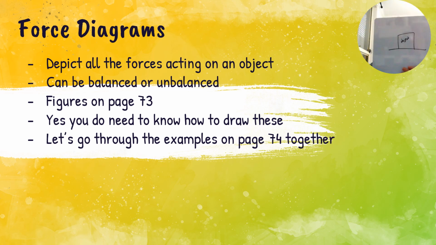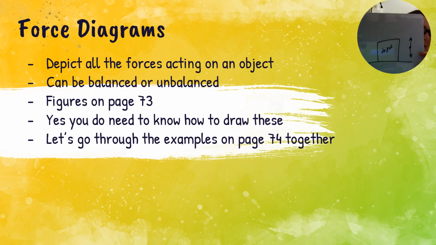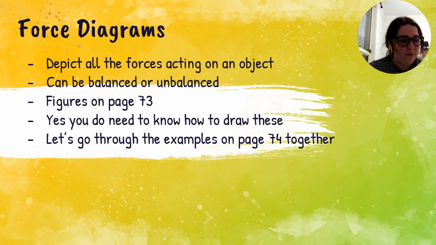So here, we have an object, right? If you want to draw the forces acting on said object, next to the object, you draw a dot and lines for the forces. So for this object here, we have gravity pushing it down, and the fact that it's sitting on something is pushing it up, so it's not sinking into said object. Okay, now if that object is moving,